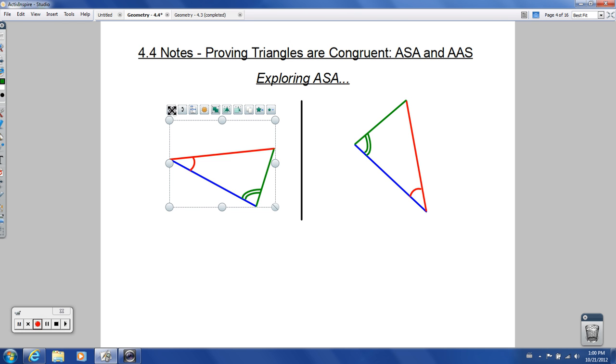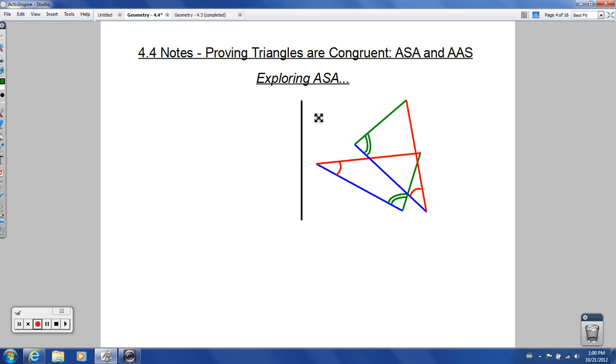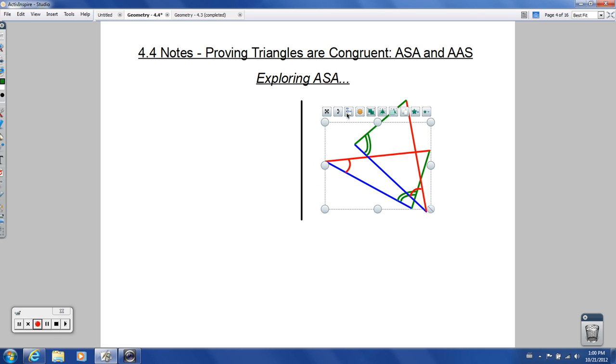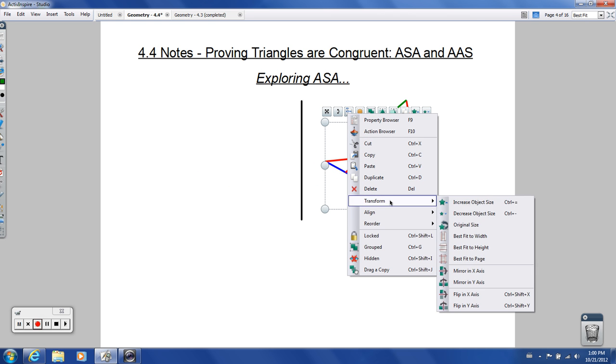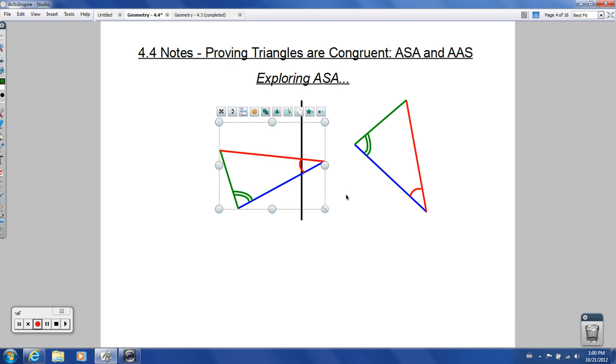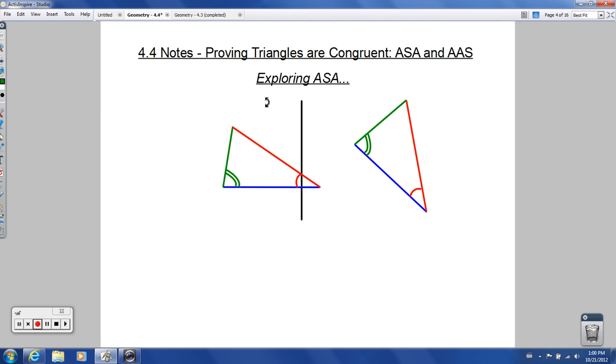But let's see if I can move this over here and have exactly the same thing. I notice I've got to flip this around, it looks like. So let me mirror or flip this in one of the axes. I'll go with the y-axis, and then I'm going to rotate it around here. So to me, even before I move it over here, it sure looked like it was going to be congruent